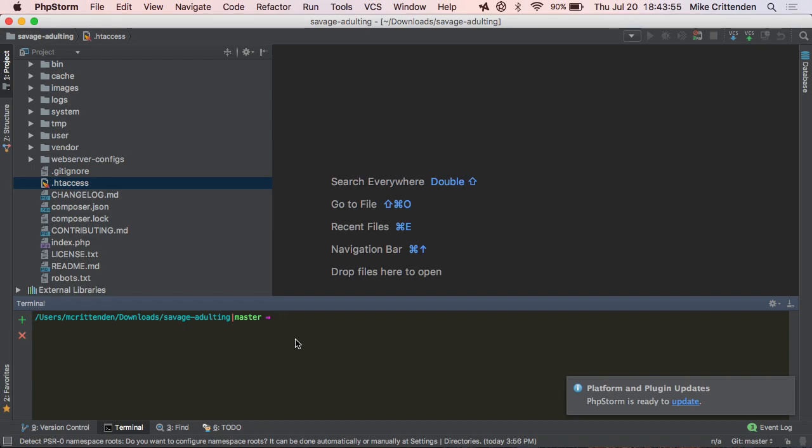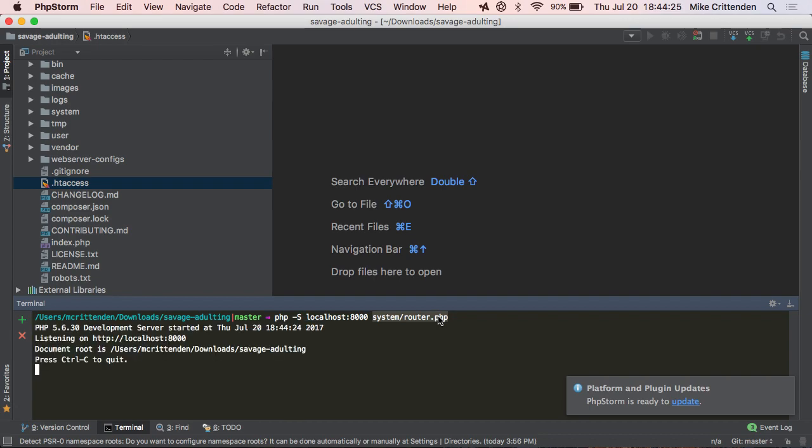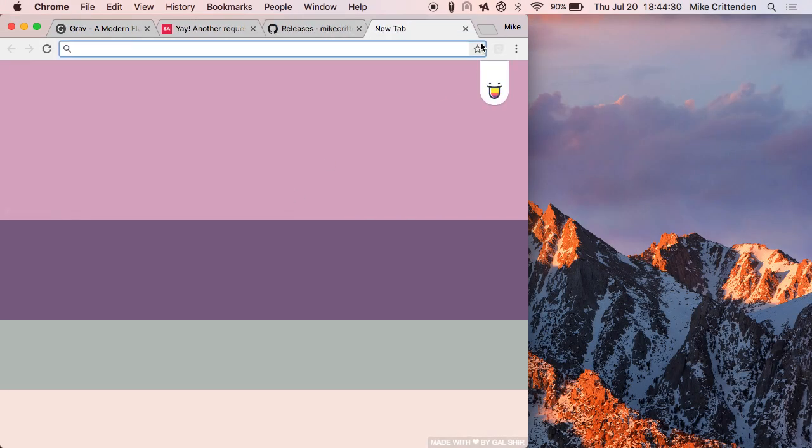Since there's no database to set up or import or point to, everything is stored in the codebase. So literally all you have to do to run it is a single command, which is to open up PHP's built-in web server. Or you could just dump it in the doc root of Nginx or Apache or whatever. So I'm just going to run that command, which is php -S. I'm going to set it up at port 8000. And the only gotcha here is that you have to point it to system/router.php because that's the way that Grav is built. So run that. It says it's listening on port 8000, and I'll switch back over here.